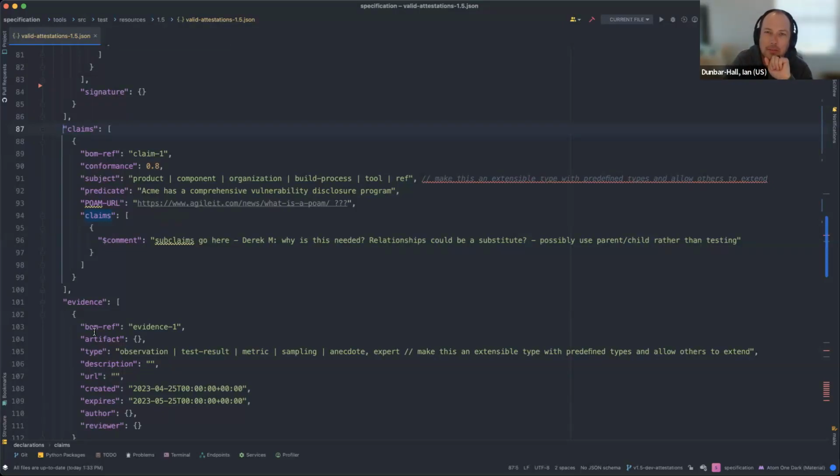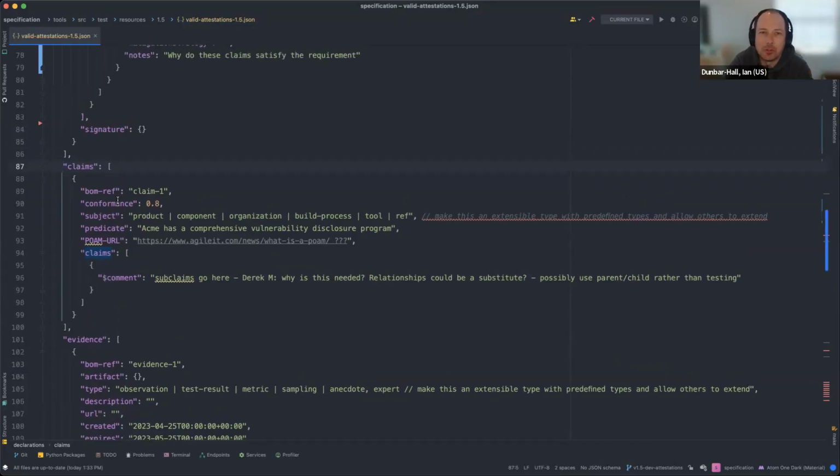I like the idea of having, if you have a waiver in place, that's evidence. And as part of that, you would have the mitigation strategy documented as evidence. Because if I'm going to want to traverse a tree and I want to make sure that there's an evidence leaf on everything, to me, that makes sense to be able to do it that way. In a machine readable point, I'm not going to know what a mitigation strategy is.